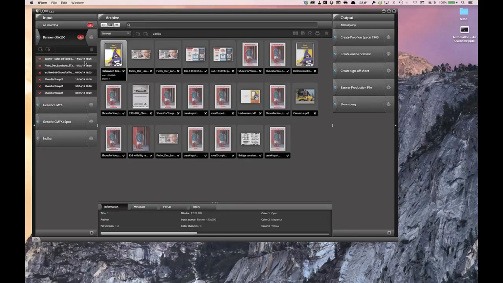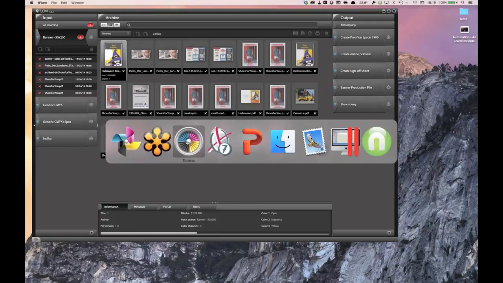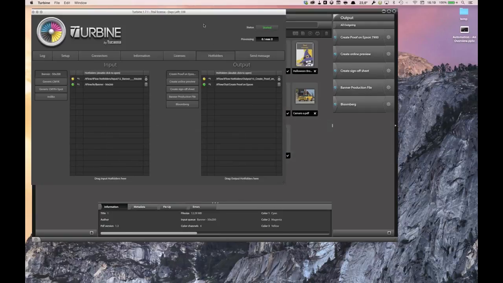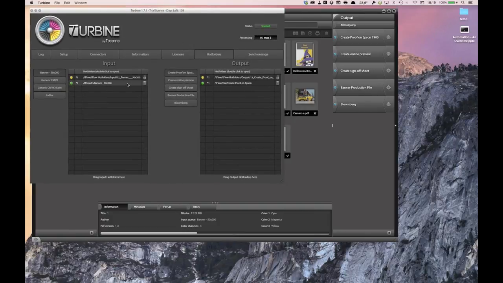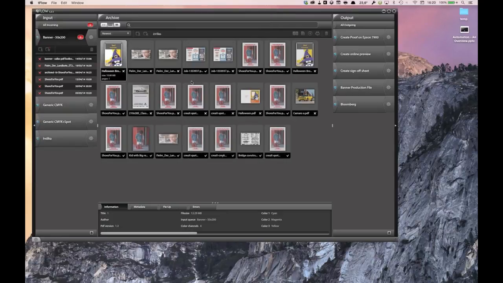And I already mentioned these hot folders, and if I go back to the Turbine, remember that that is the server application for tFLOW production. If I go back to the Turbine for a second, then you can see that each of these input queues and each of the output queues can have one or multiple hot folders associated with it. So I'm not limited to one single hot folder for one of these queues. I could actually have 10 input sources or generate the output in 2 different locations if I wanted to do so. So that's already an sometimes important change if you're trying to set up a workflow that is a little